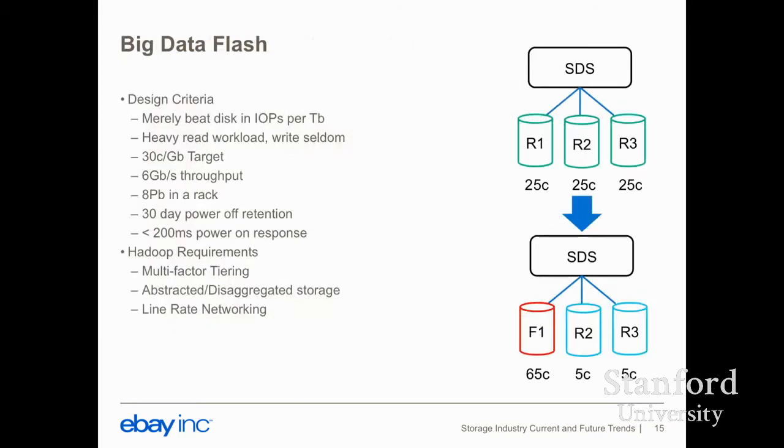Question: what is the current pricing per gigabit? Current for which kind of? Your target is 30 cents per gigabit, right? Yes. So what are we at right now? Yeah. So I can say